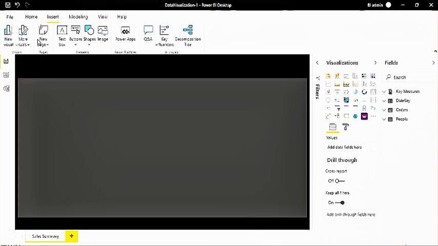Okay, but this is not a good practice actually. See here, you have to take care of such kind of thing also. Let's say if you add this text box, and you added the company name here, or any report name, anything you add, and you created, let's say, 15 or 20 pages in your report. Each page is having that company name, or report name.